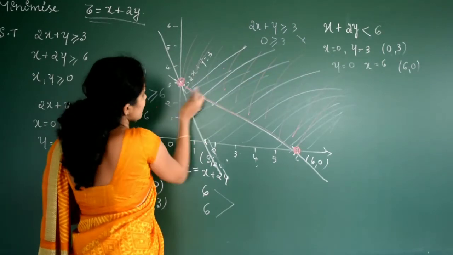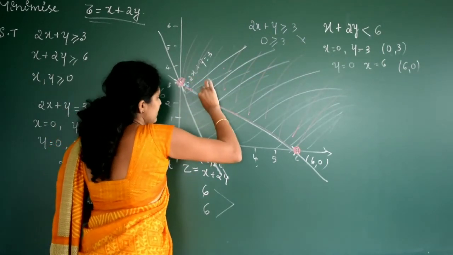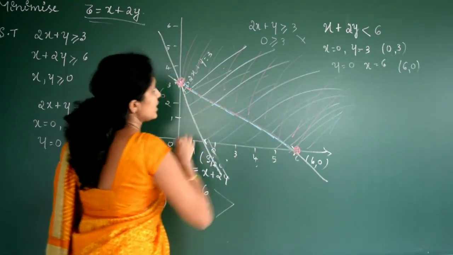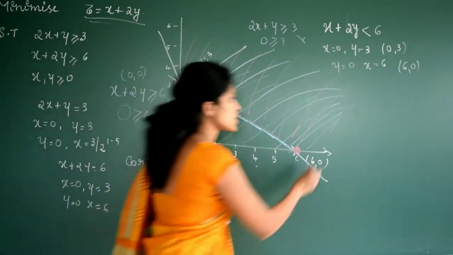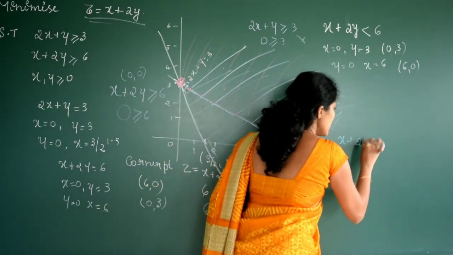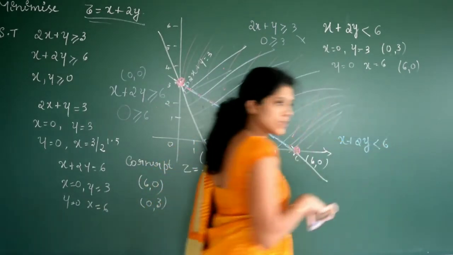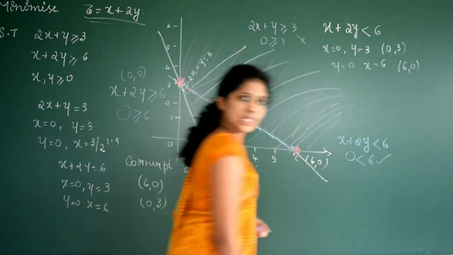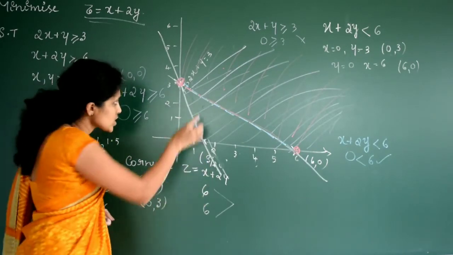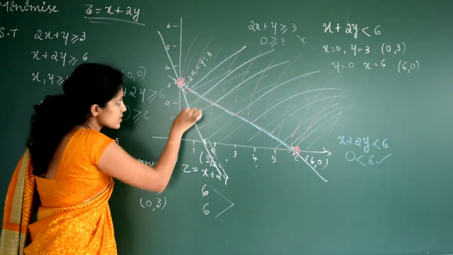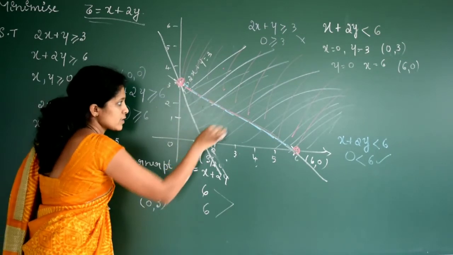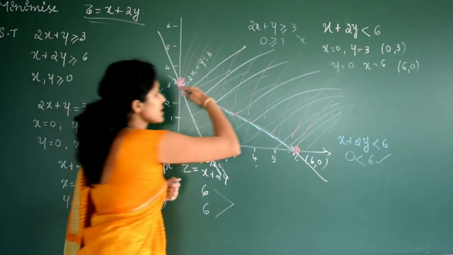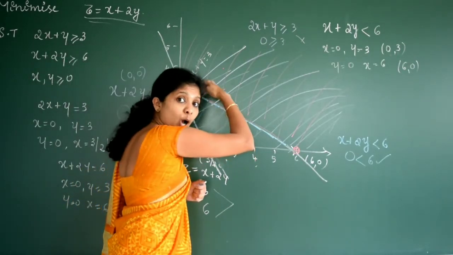Again, if you draw the graph of that one, this will be the line. Clear? But what will be the solution region for that one? We have considered x plus 2y less than 6. If you substitute the origin, 0 less than 6. Is it true? Right, 0 is less than 6. So the solution region for this one will be downwards. Is it clear? Solution region is downwards, so this does not contain any common region with this one.